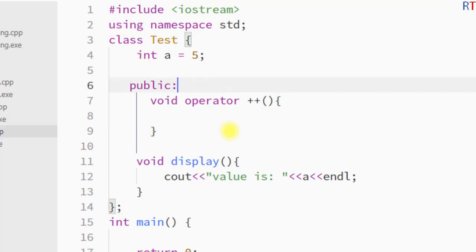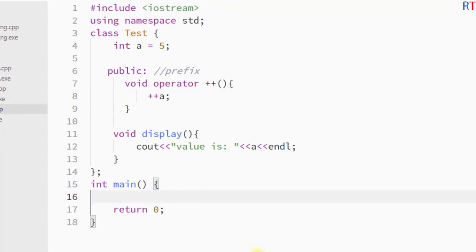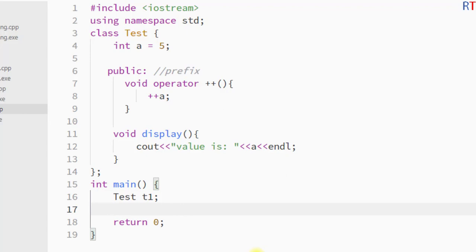The unary operator we're going to use as prefix, so whenever the unary operator is used as prefix, it will increase the value of the data member of the class. And then we have the display function, and the function will display the value of the data member of the class. Now inside the main method we're going to create one object of the test class, t1,